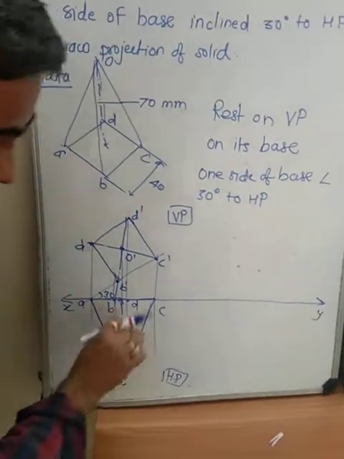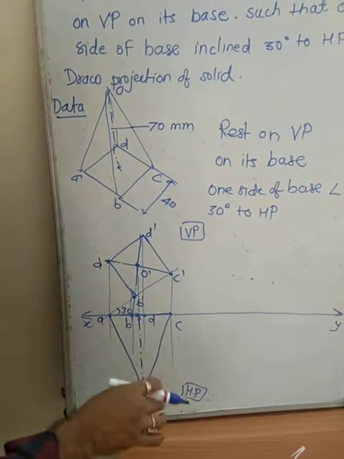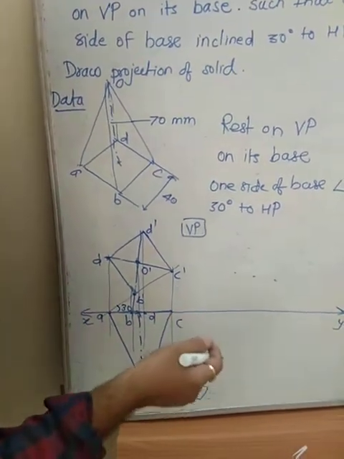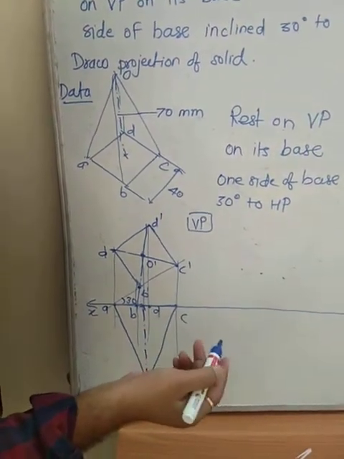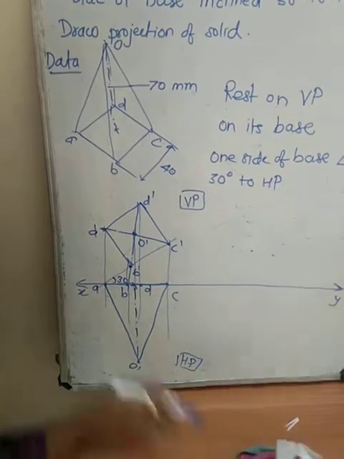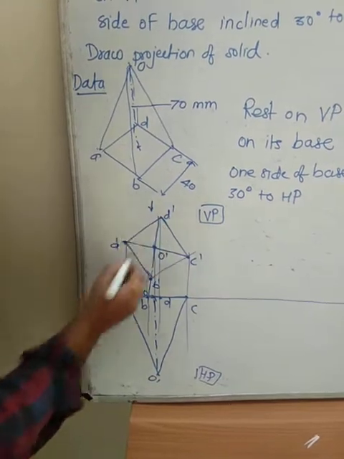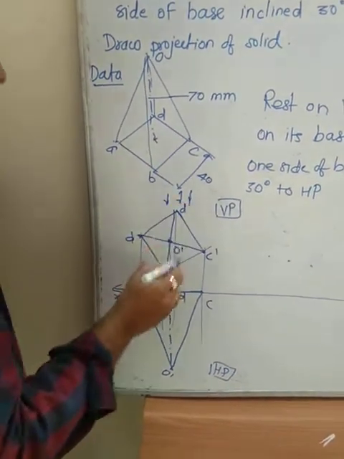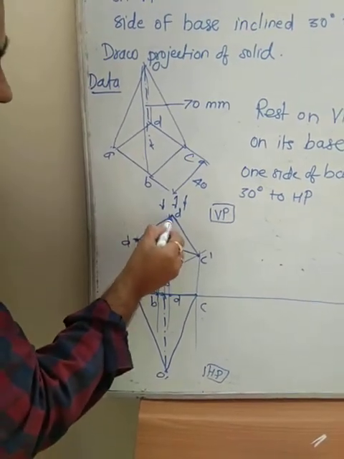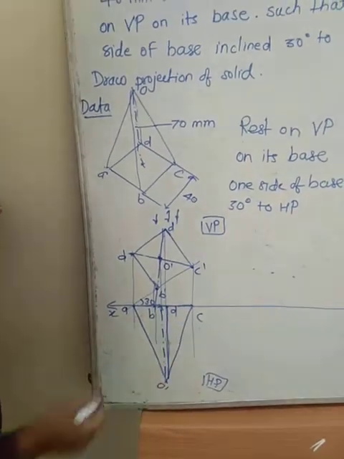Now again the important thing is which edge is directly visible to you and which edge is hidden. For a hidden edge you have to draw a dotted line, and for a directly visible edge you have to draw a continuous line. For that you have to observe the view from this direction. Observing from the top, you can directly see OD. OD is in front of the object, so OD should be dark here. Now what about OB?